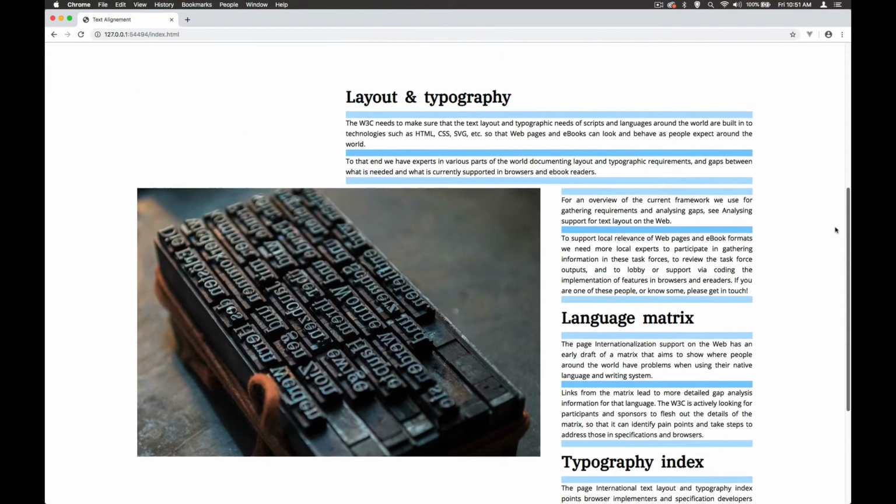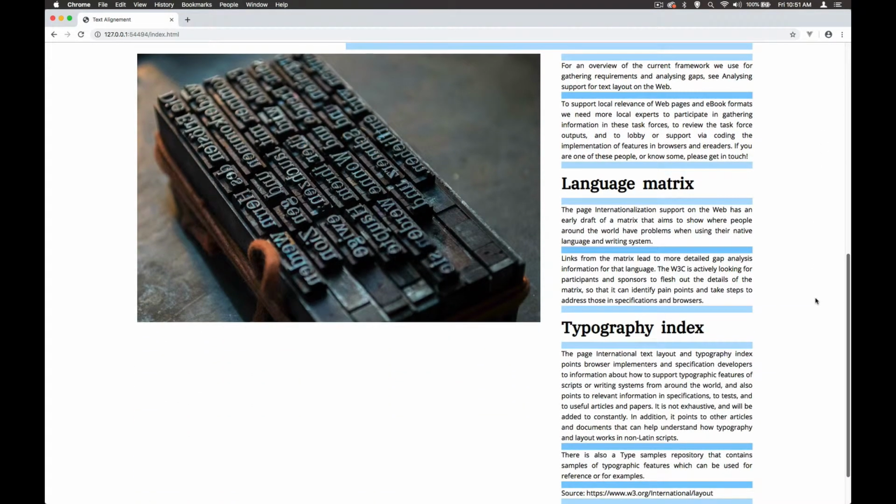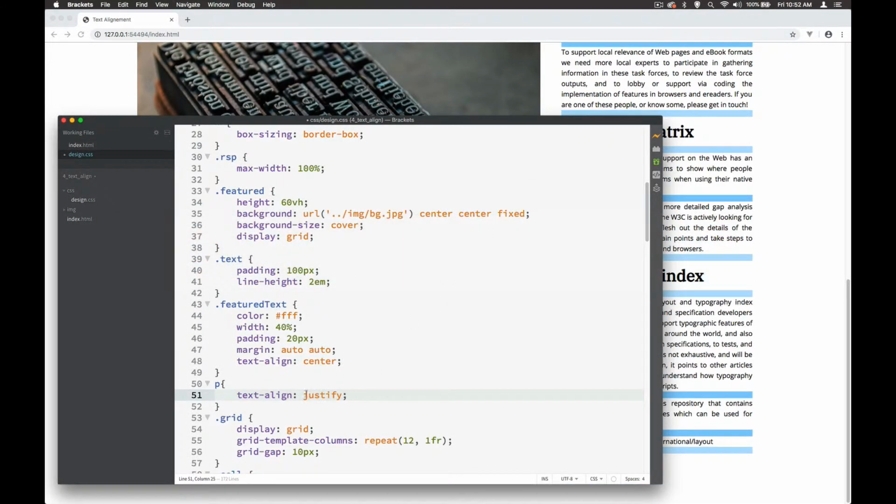Now, depending on what you're looking for, it's to be used with care, because on some sentences you can end up with extreme spaces, particularly like this sentence here, extreme spaces between your text, which can break up the flow of reading. And it's something that you often see done in newspapers. There are times, I'm sure, when you'd probably want to do that,